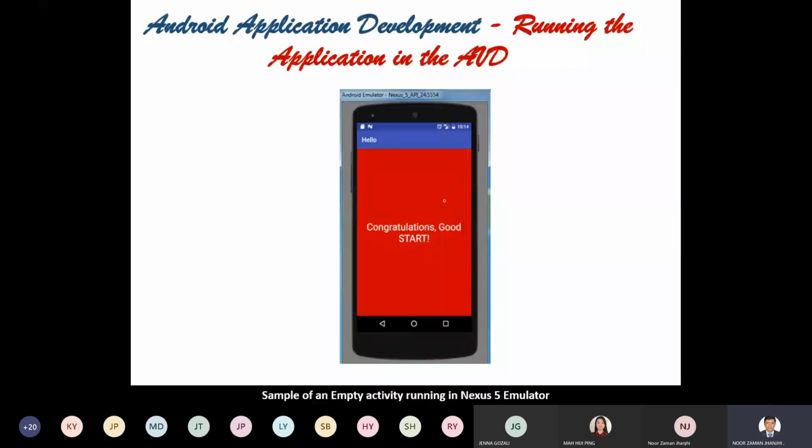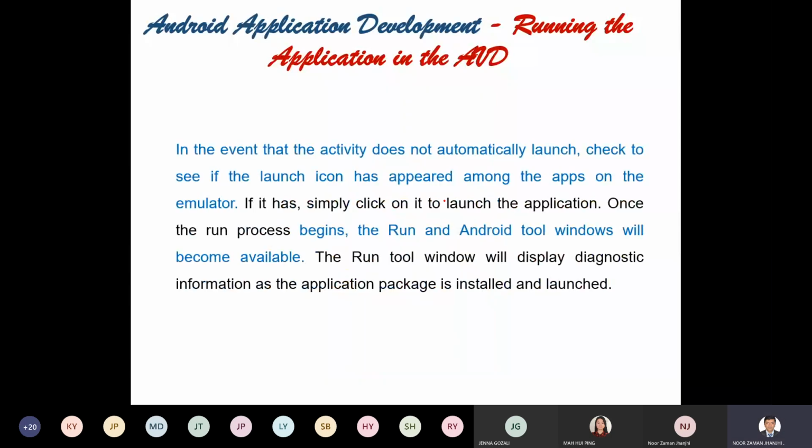So now this is the sample of an empty activity running in the Nexus 5 emulator. You can run it in any of the emulators. When you choose the type of emulator, it looks 100% the same as the same model of the physical phone. So you can keep doing this for your experiments and understanding, and then you may delete them, or you just keep one or two emulators for the resource setting. Now, once it is done,